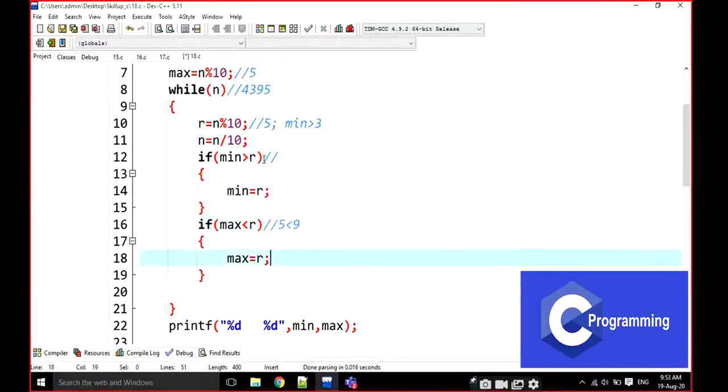I am going to write here max is equal to 9. For example, 5 is greater than 3, then I am going to write minimum is equal to 3, like this.